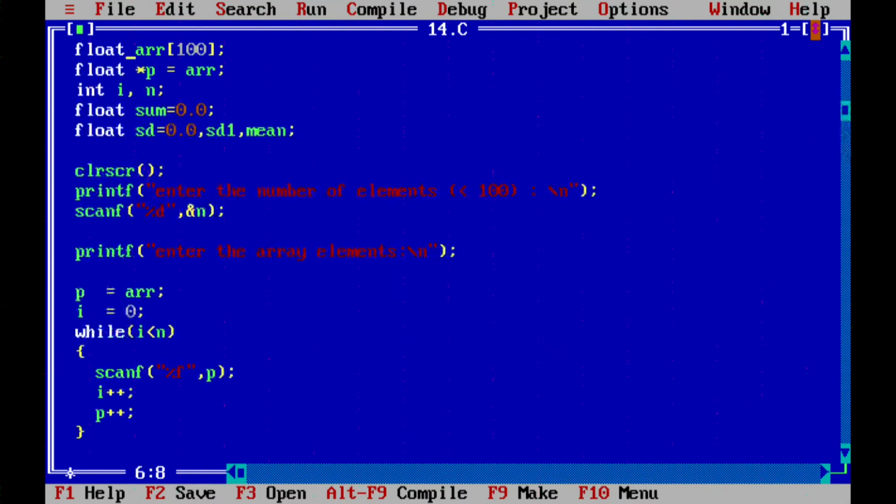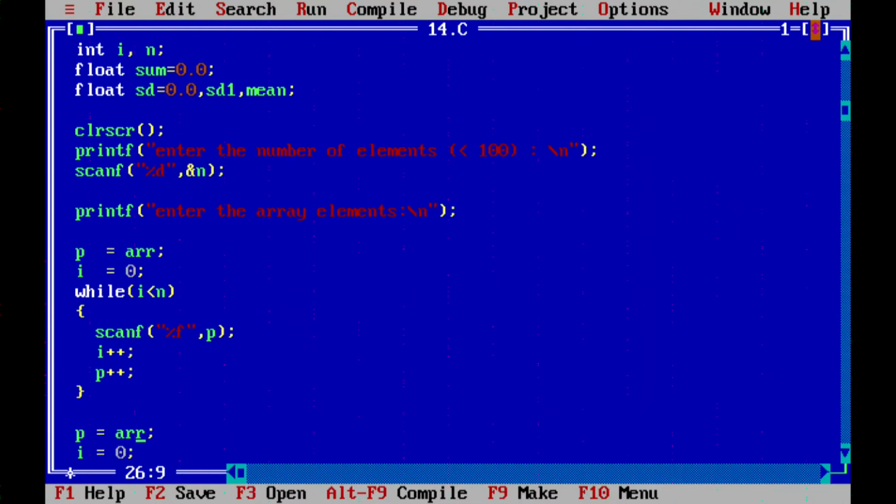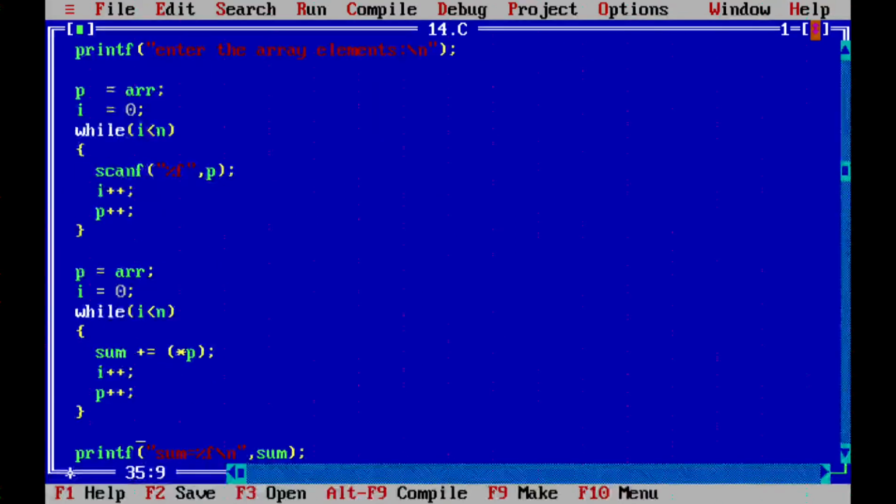Okay, so whenever I do p++, it is incrementing. So basically it is arr of 0, it goes to arr 1, then arr of 2, 3, 4. So basically it's following the i pattern. So we read all the elements using a while loop, right? We could also have a for loop, but while is simple because I am initializing here. Then once we do it, we need to get a sum of it.